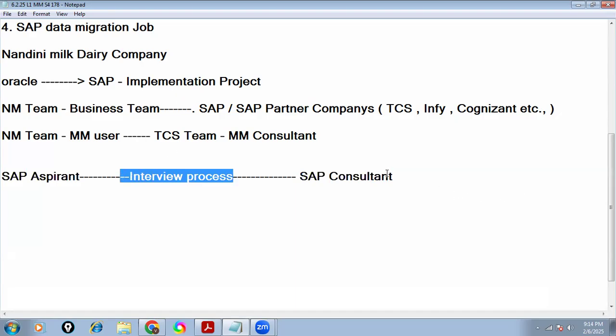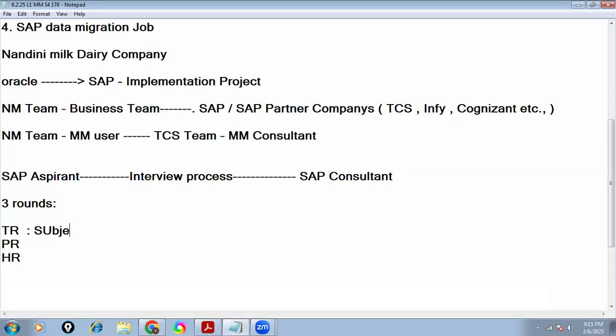How will TCS conduct the interview? Just for example, any company will follow the same. TCS will conduct it in 3 rounds. How many rounds? 3 rounds. First one, technical round. Second one, project round. Third one, HR round. Technical round means subject. MM subject. Now, as we are